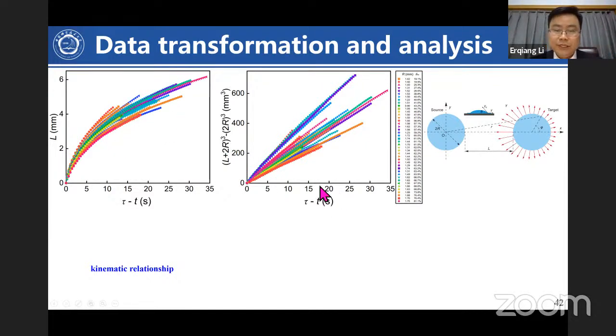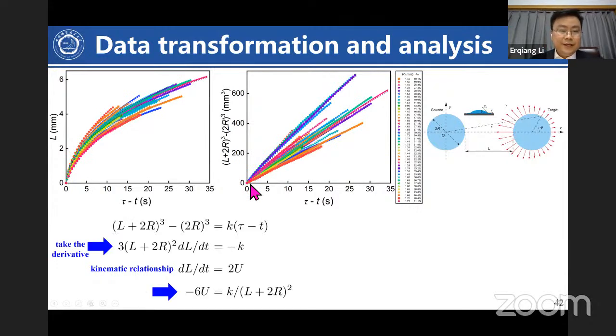So what we do is we keep this the same, but we change the y value to this form. You may ask, this looks very strange, but it's very useful. So this form is very easy to get from our experiment data. We have L, we have R, the radius of this film, right? So we can do this. But then, very strange, we change all the curved lines into straight lines, and these straight lines all pass the origin point. That means it passes the 0 point.